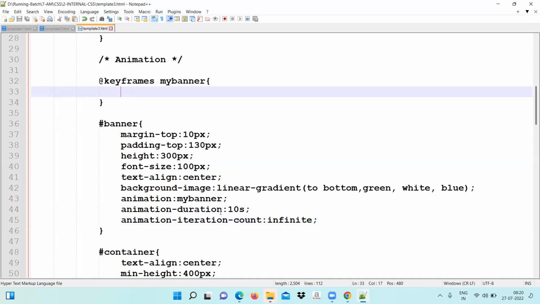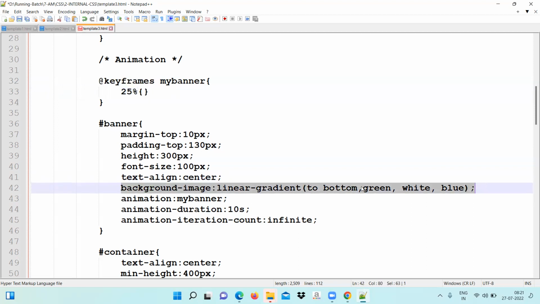Now whenever the animation is called, it will be for 10 seconds. In 10 seconds, what do you want to do? So we will write here, once 25% of the 10 seconds gets finished,